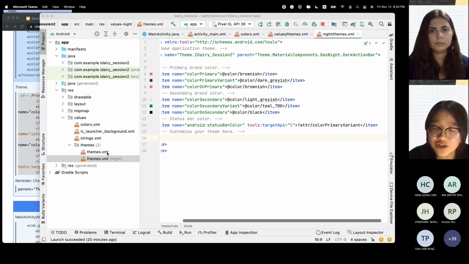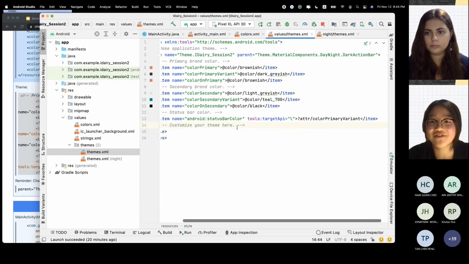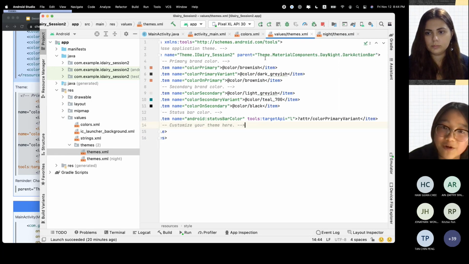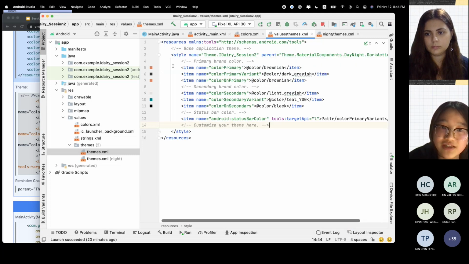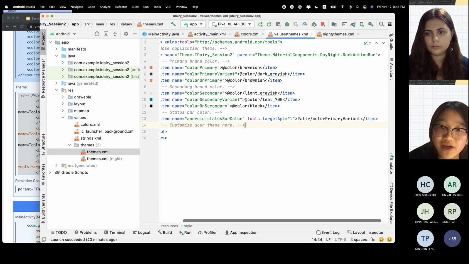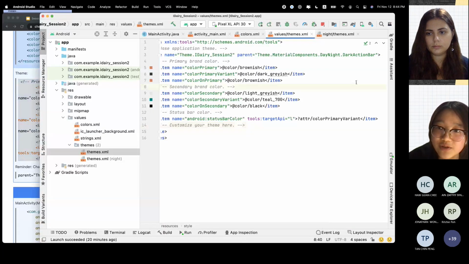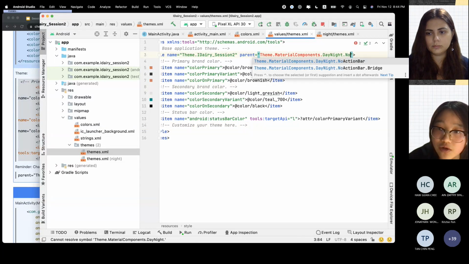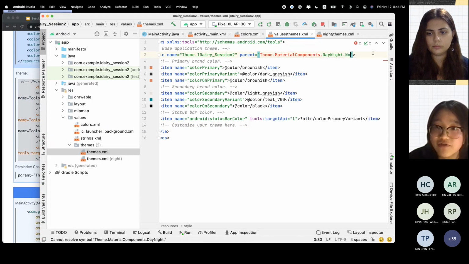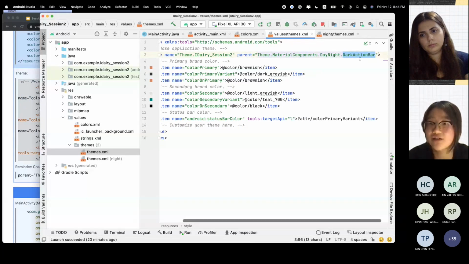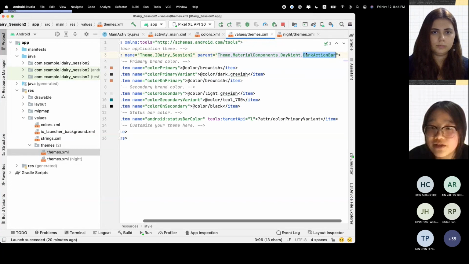All right, after you change your theme, here is something that we have to remind you. We have to change the appearance of the style inside the style name. Here is a parent, right? You can copy this code, and we can change the dock action button to no action button. For example, you just delete. Everyone can see my screen, right? You can delete from here. You can delete the dock action button,